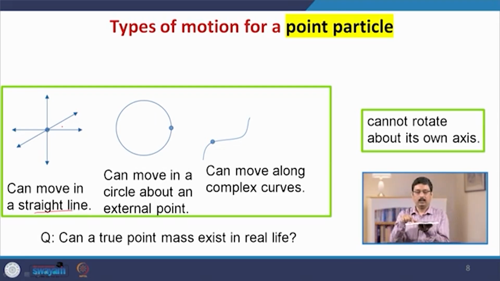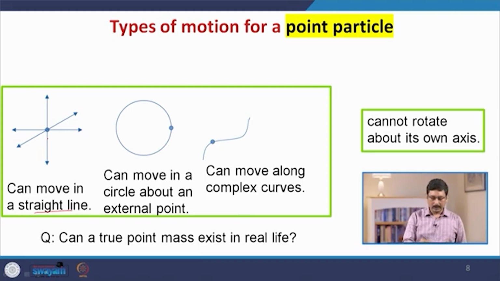This is what we have seen in the previous week in the context of vectors. The velocity is a vector, so it can be resolved into two independent components, two directions. Similarly, in 3 dimensions, let us say in this room, if a point particle is moving in a straight line, it has 3 independent components. This is what is shown here by these 3 directions of arrows. These are like Cartesian axes; think of them as Cartesian axes. The second